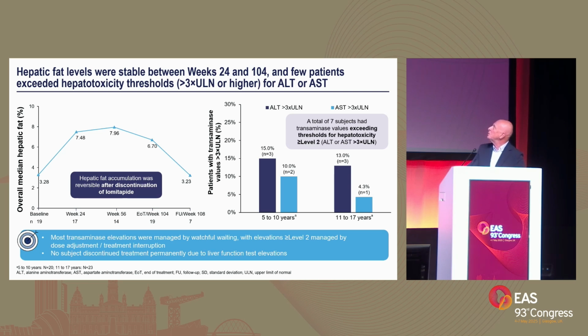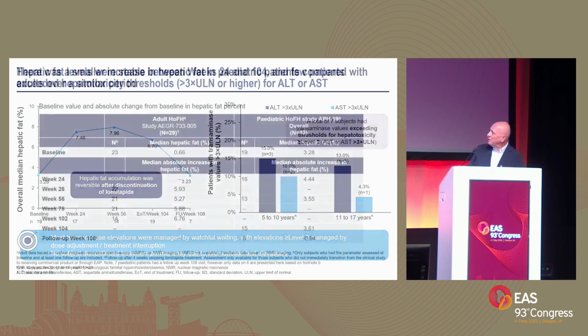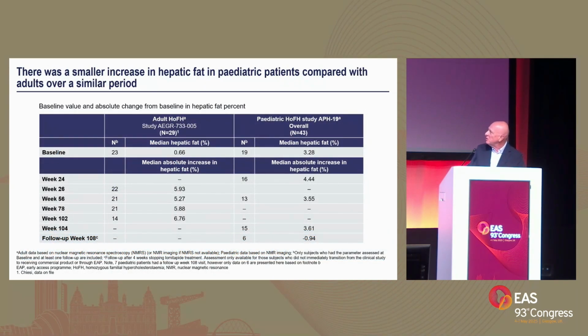As you see here too, there are 7 subjects that had an increase of transaminases above 3 times the upper limit of normal, but this was handled by changing the dose and modifying the prescriptions, and was perfectly accepted clinically by the investigators and patients. Talking about the amount of fat, let me compare the evolution of fat in the liver